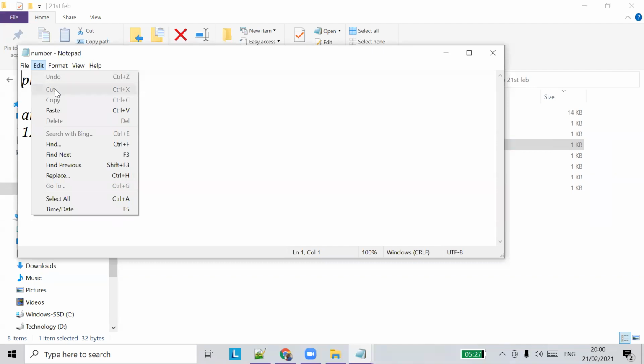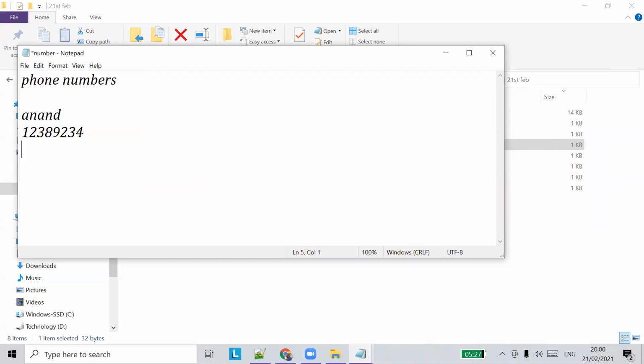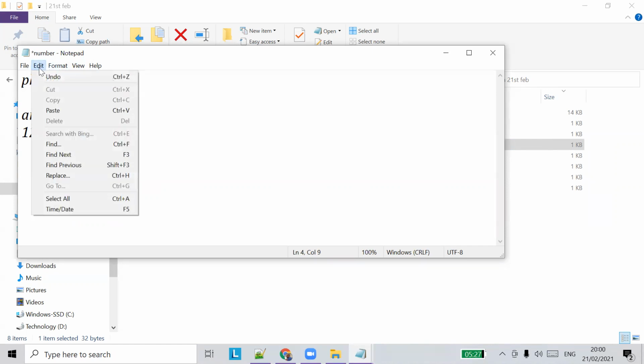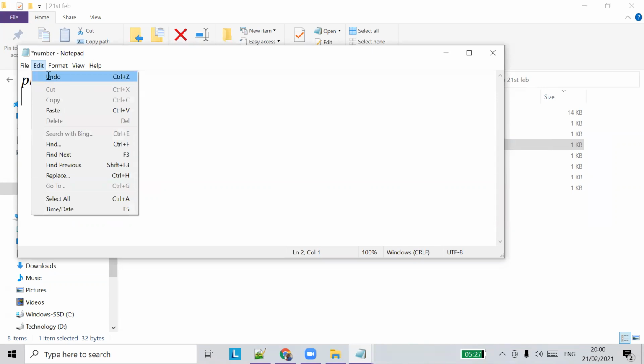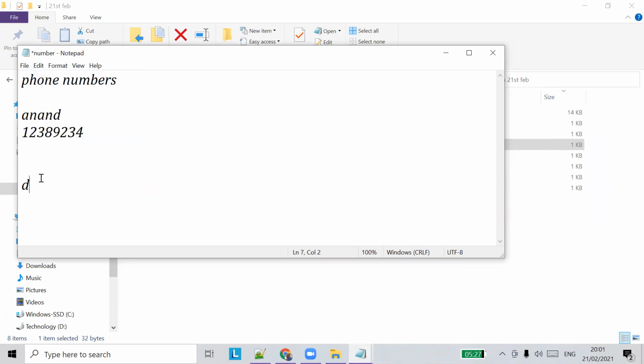So apart from that, we saw what is undo. Whenever you type something, right? Whenever I press D, I say undo. The D will be gone now. So undo is the last action. Let's say I cut this content. I will say undo. All these things will come back. The last action will be undone. So whatever we cut, it will be pasted again. So that is the purpose of having an undo.